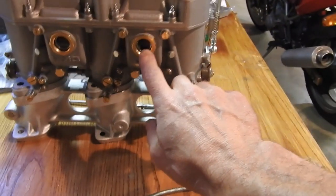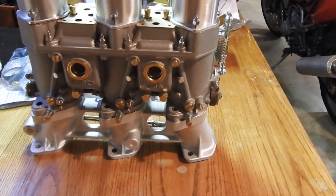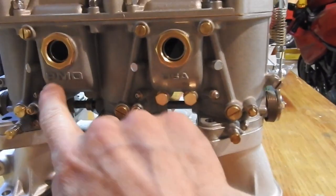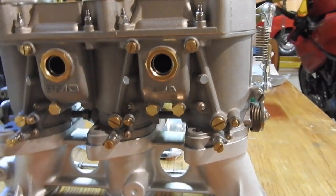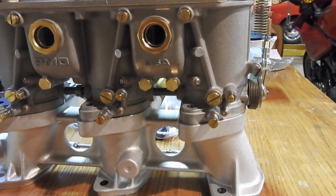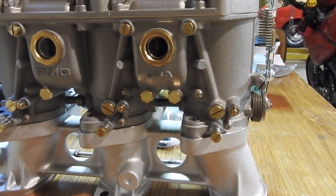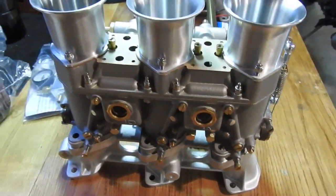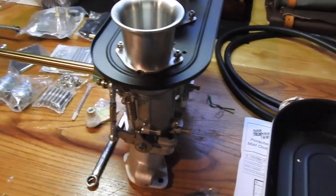These are the little sight glasses for the fuel level, which Weber never had, but that's a really good idea. And you can see it says PMO and USA right there. I like that they put that on there. It shows that they're very proud of the brand. It's not like they're trying to make Webers. They're making PMOs. So I bought the entire kit, and that comes with the air cleaners,